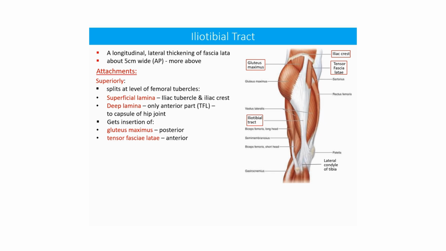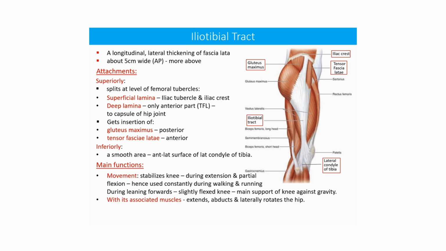Between these two laminae, the iliotibial tract receives gluteus maximus insertion posteriorly and tensor fascia lata insertion anteriorly. The iliotibial tract passes downwards and gets attached at a smooth area at the anterolateral surface of the lateral condyle of the tibia. As regards the main functions,